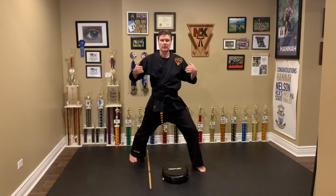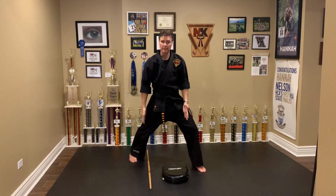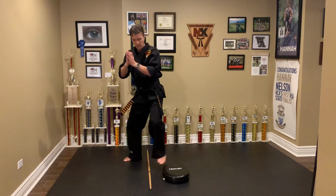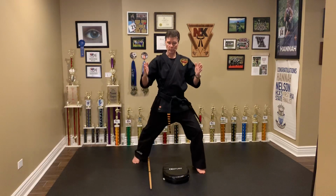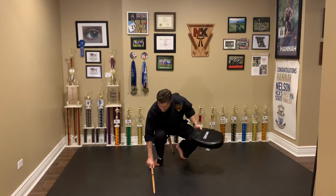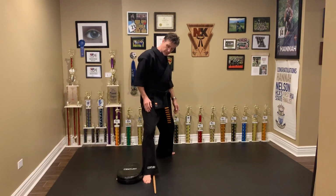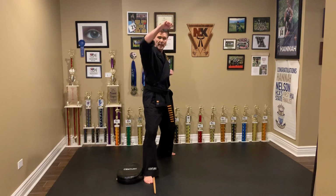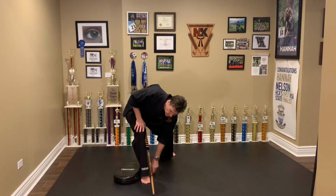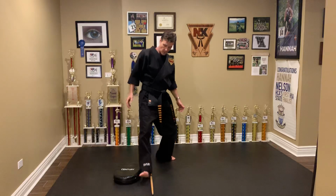That's really the measurement. If I look at the front stance, I want to measure my shoulders, and they should fit right in between my feet. So I'm going from 1 inch to shoulder width. 1 inch, shoulder width. Then from there, we want to do that on both sides. So I'll switch this around and get my back stance. For instance, gold and green, you've got a form that's going high block and then low block, where you're in this stance, and we're shifting over. 1 inch,